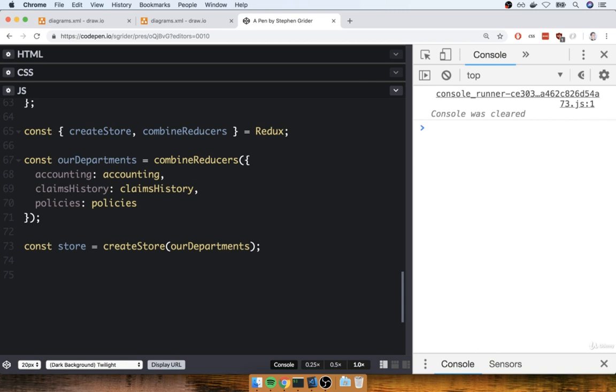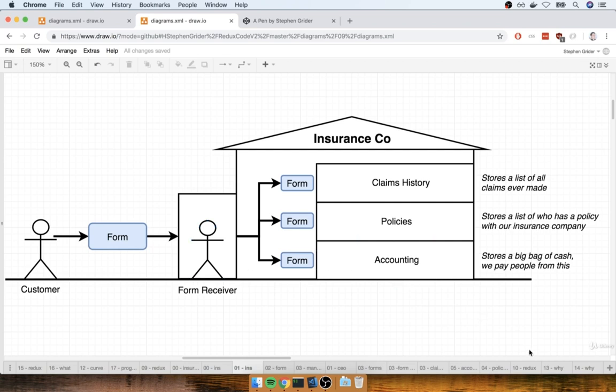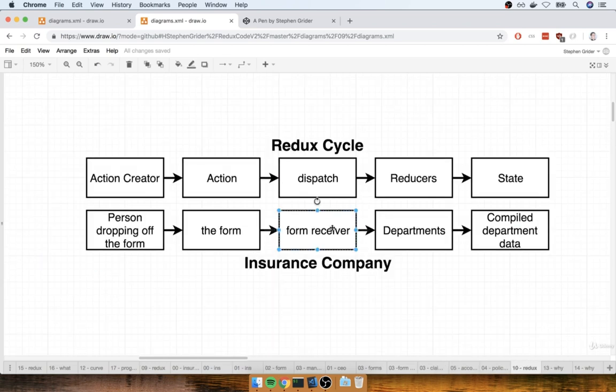The store object has a couple of different functions on it that are going to be very useful for what we're trying to do. One of the functions on here is the dispatch function. This dispatch function right here is just like that original form receiver that we had spoken about. So we want to pass the dispatch function an action. When we send it an action, which is just like our form, the dispatch is going to make a copy of it and then send it off to each of the different reducers inside of our application. Just as in the analogy, we had said that the form was passed to a form receiver, and the form receiver put it on a copier and then passed copies of that form to each of the different departments.